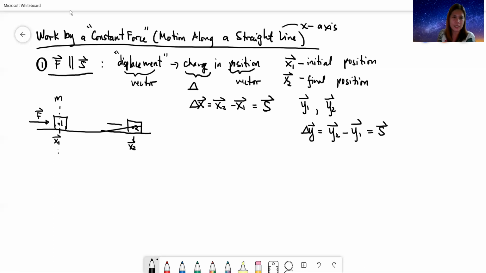Ayan ngayon. So, the length of the force here that I am drawing, yung arrow natin, hindi siya humaba, hindi umikli. Kasi nga, constant yung force. Same strength, same direction. Okay? So, the displacement vector now would be from this point to this point. Yan yung displacement niya, x sub 2 minus x sub 1. But we can also just say, for example, ipakita lang natin ng direction ng S, pwede naman ganyan lang natin. And then S here. So we have here, the force is in the same direction with the displacement.